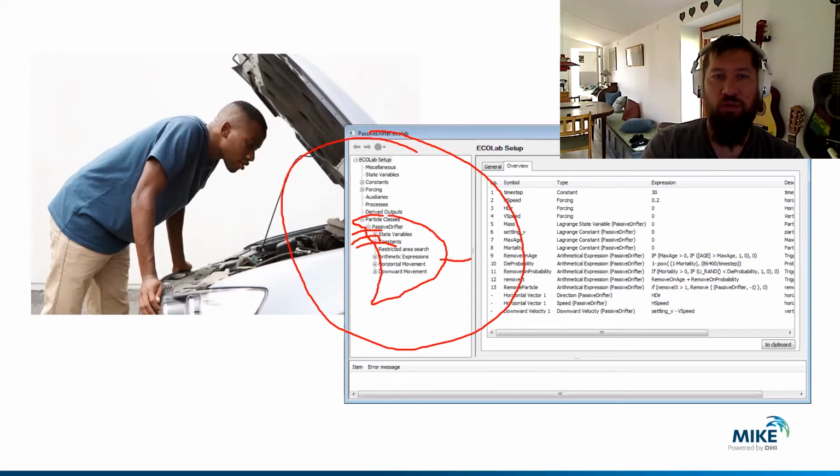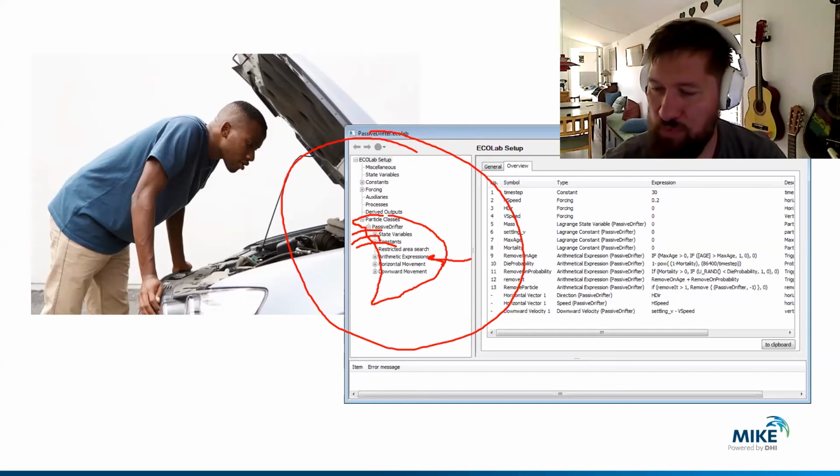Then we have the real cool stuff. That's these ones. That's the arithmetic expressions, which is everything that governs the behavior of the agents. So it is combining the parameters of all the other ones into these expressions, and this is where you tell it essentially what to do.